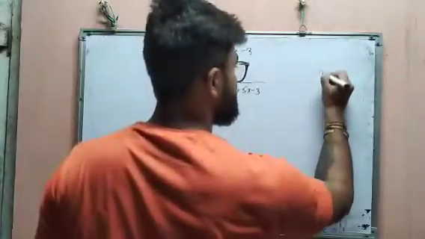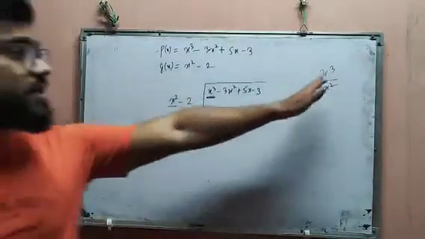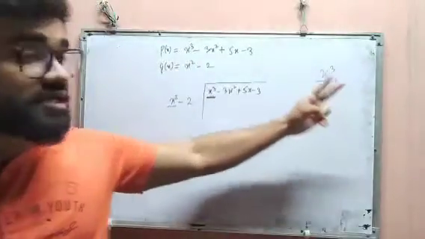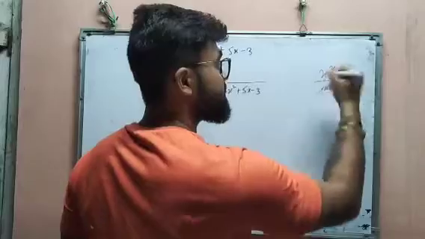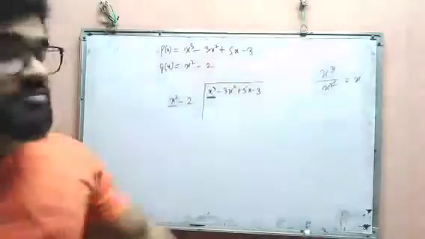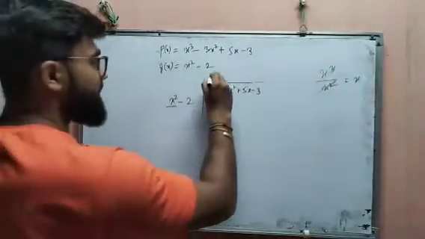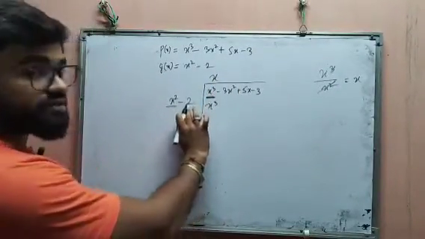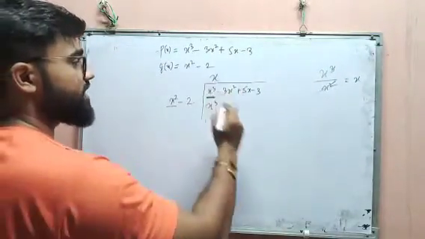That is x cube divided by x square. Clearly, here the number of x is 3 and here the number of x is 2, so we can delete two x's, and the remaining is x. So the answer is x, and we write x here. Then x cube, and the 2 must also be multiplied, so minus 2 into x is minus 2x.